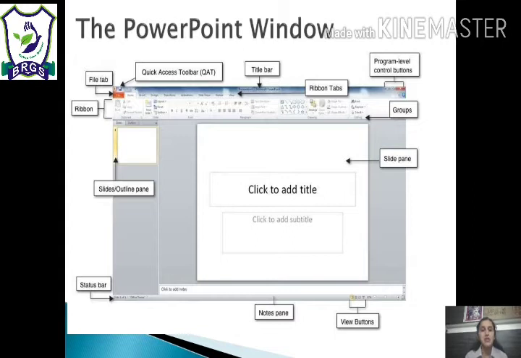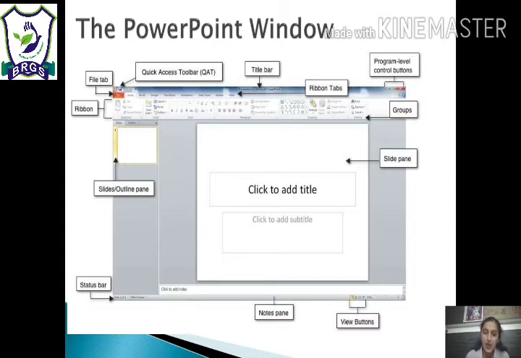As you can see, this is the first screen when you will open the MS PowerPoint. This is the first page that is going to be opened. Here we have all the components of MS PowerPoint. As you can see on the screen, on the top we have quick access toolbar. On the left side we have file tab, then we have title bar, ribbon tab, then we have program level control buttons. As I say, file tab, from file tab only you are able to open a new file, you are able to open an existing file, you are able to save, you are able to print the document.